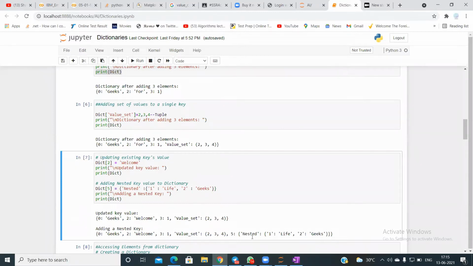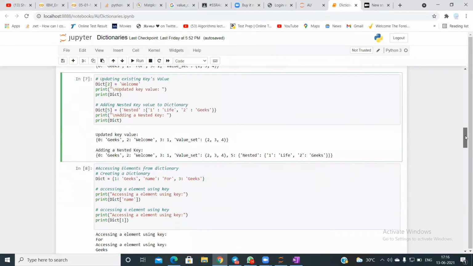You can see that this is the main dictionary, you have a sub dictionary, and inside that again you have a sub dictionary. So this is a way of updating an element in the dictionary, or adding a new element to the dictionary.